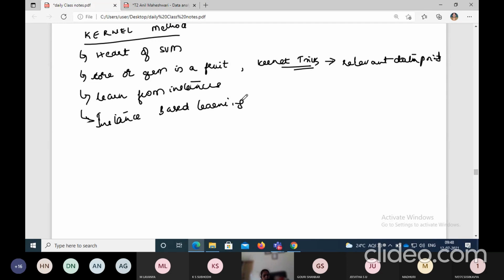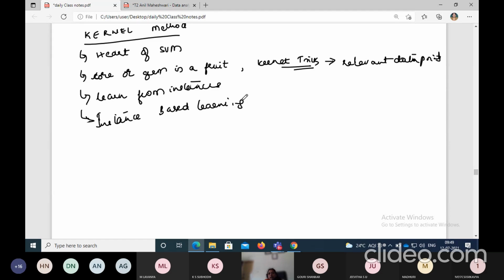Then the kernel trick makes the algorithm much less demanding in computation and memory resources, as I mentioned. So kernel methods achieve this by the technique of learning from instances. They do not apply standard computational logics to all the features in the space. Instead, it just remembers and tries to find it out. So this kind of learning we call instance-based learning.